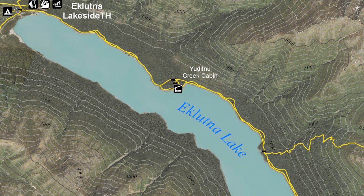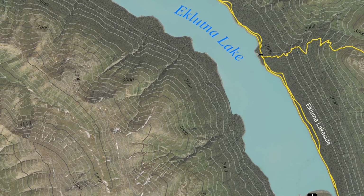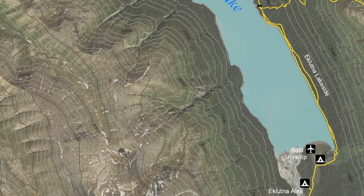Today we're going to be diving into the Razor. We finally got out with this guy, which was a perfect run, really, to tell you the truth. We ended up going to Eklutna Lake and drove around it. It's about a 12.5-mile trail, super simple trail, but it was good because, as you may or may not know,